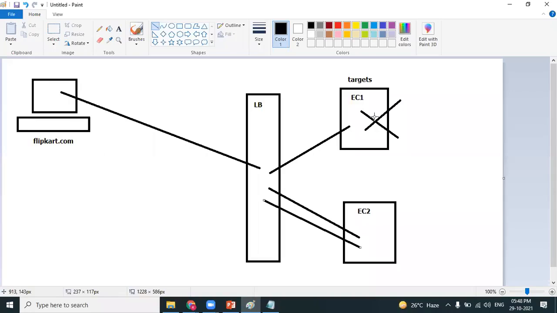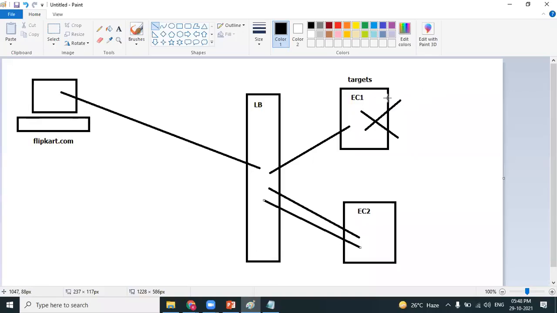So the second responsibility of the load balancer is to monitor the health of the targets. The term targets refers to EC2 machines, my dear friends. The first responsibility is distributing the traffic, as simple as that. The second is to monitor the health. Our load balancer should regularly monitor whether the EC2 machines are responding perfectly or not.